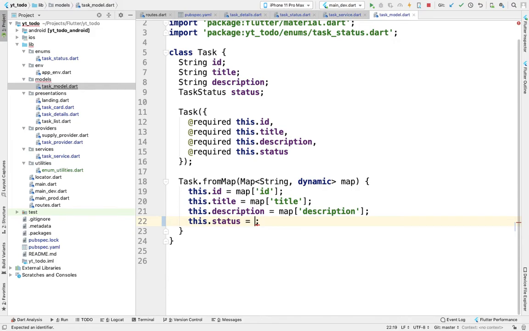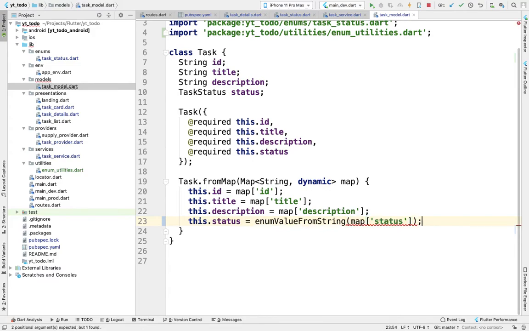This dot status will be equal to enum value from string, and I will import it from the utility, and the string will be map status dot toString.